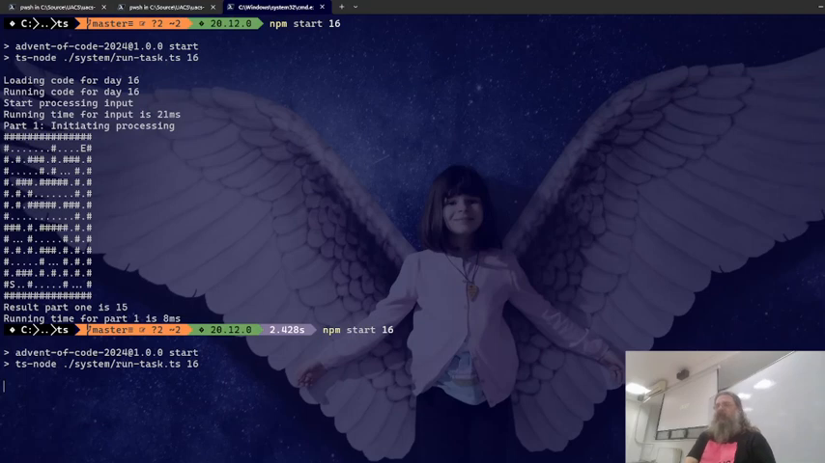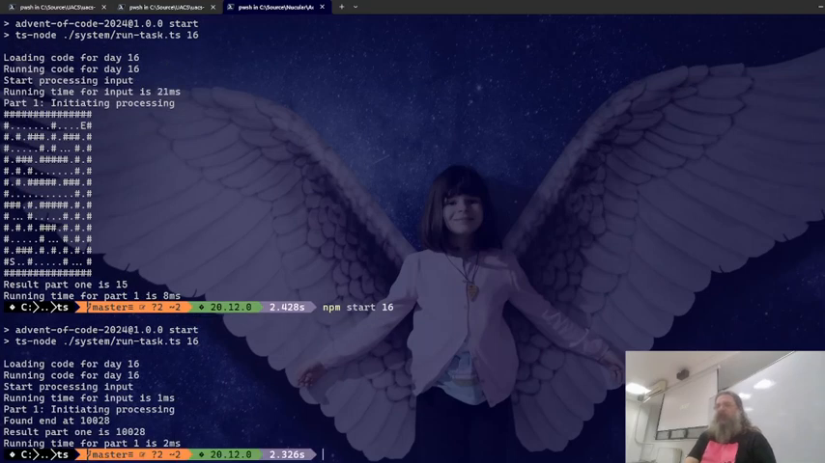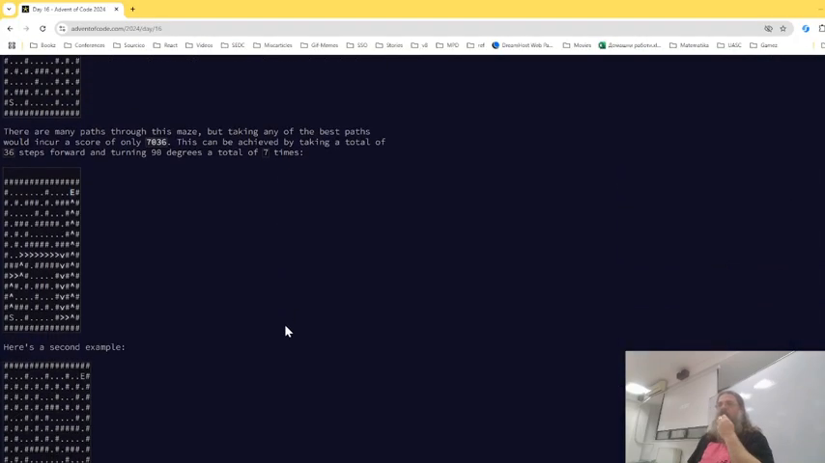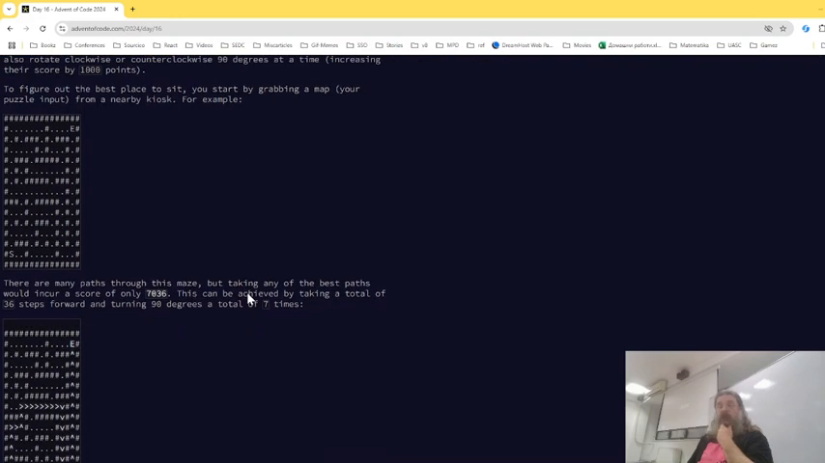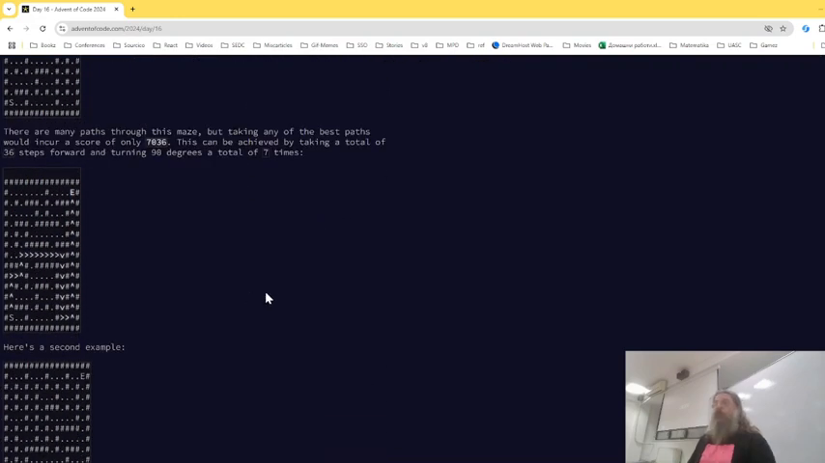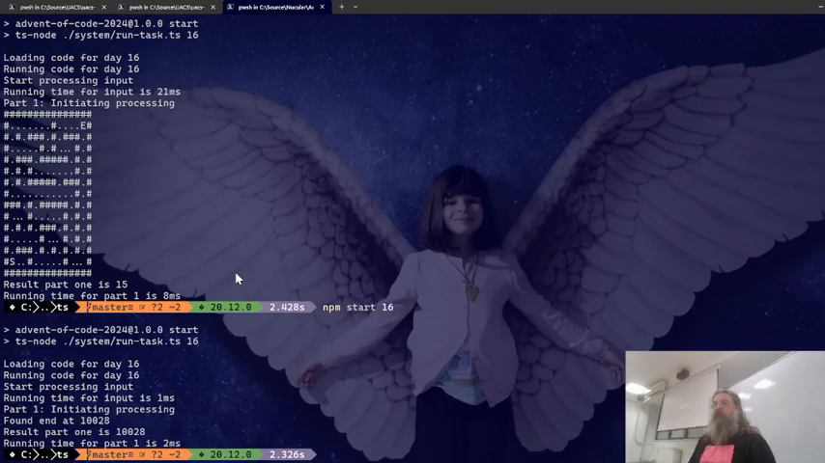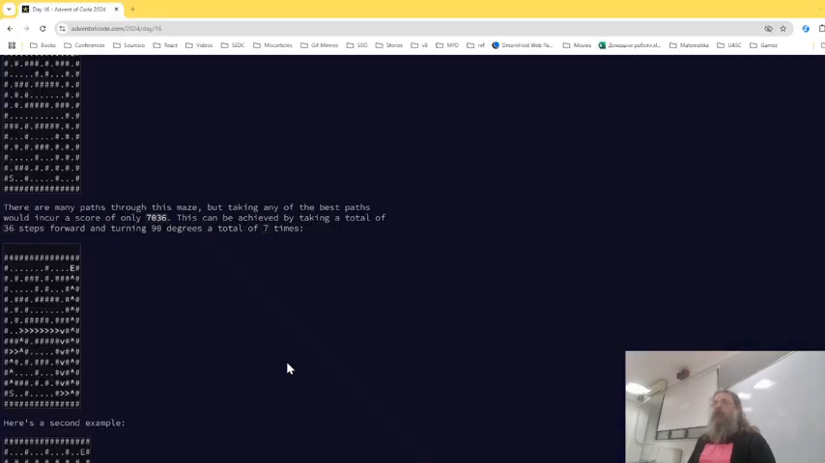Let's see if we get some value. It says 10,028. I don't think that was correct. The good news is this thing finished. So we have, it took a different path. So let's